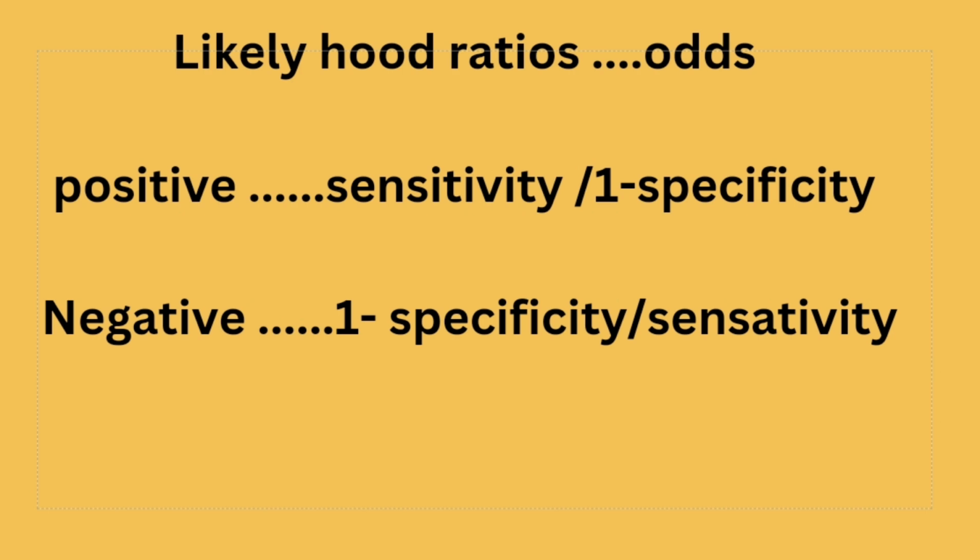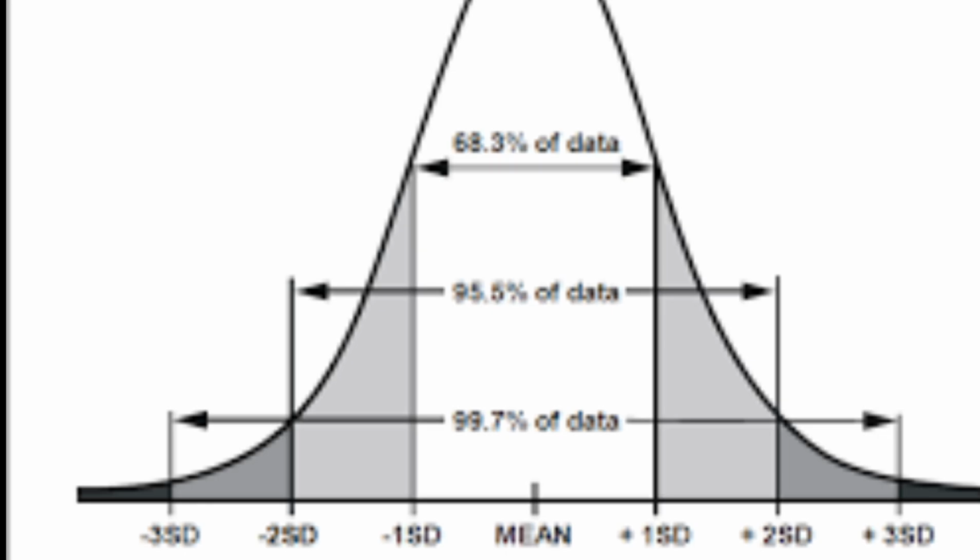Then after that, we will come across certain more important terms, and these terms are standard deviation. It means that most of the data which we have calculated in our studies, how much it is deviated from the mean of that sample. So most of the data lies between three standard deviations. Standard deviation is deviation of the data from the mean. 99.7% of data lies within three standard deviations, 95.5% within two standard deviations, and 68.3% of data lies within one standard deviation.